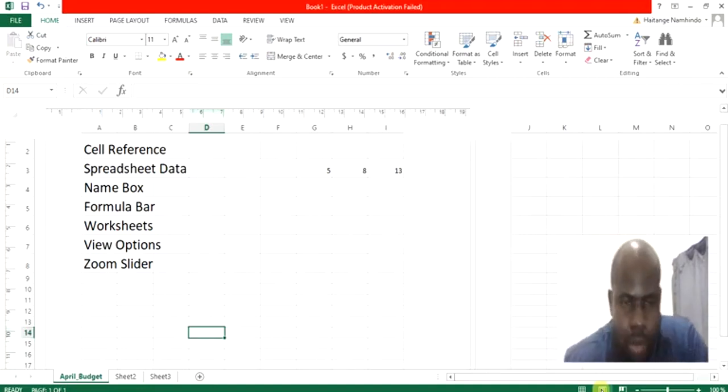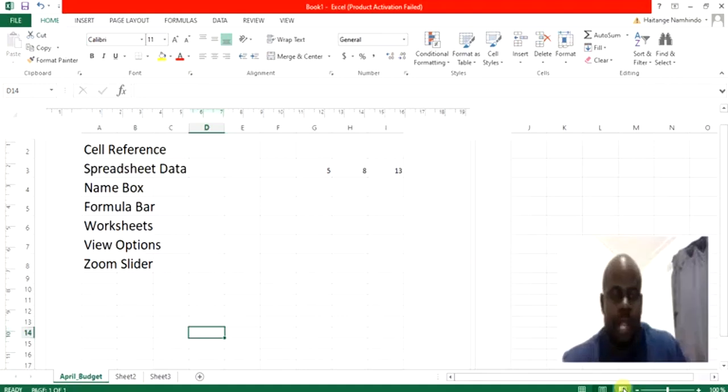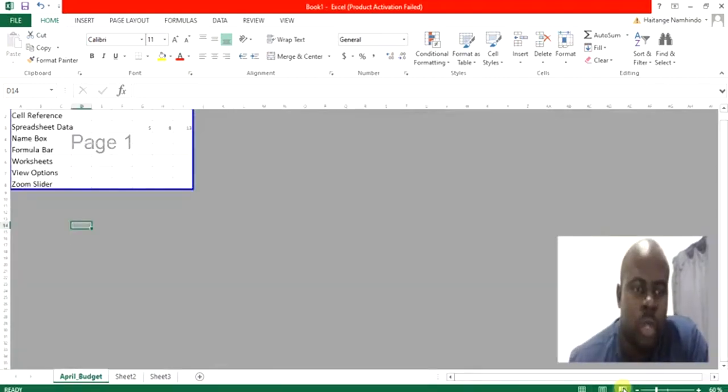But of course you need to play around with the page, set up your printing options, maybe set these grid lines, otherwise they will not be displayed. But yes, you'll get to all these things as we progress. And then the other one is the page break preview. The page break preview allows you to set different locations on your page. You might be working with so much data that it protrudes to other pages, but you want to restrict it to specific pages, like page 1 or any other pages. So if it's protruding, you may opt to play around with that. You will be taken through these page break options later on. I will go back to the normal